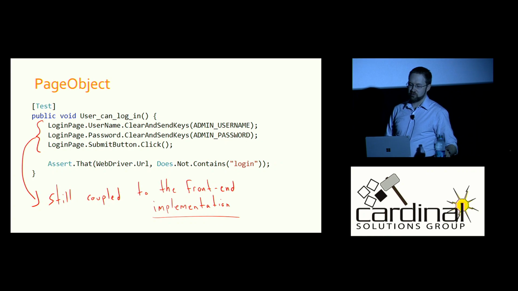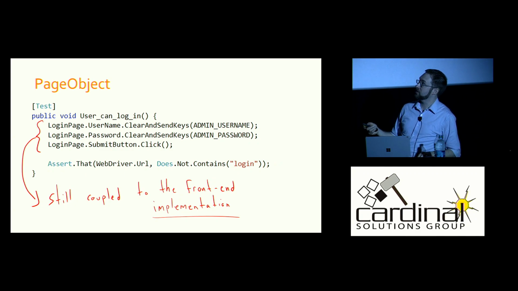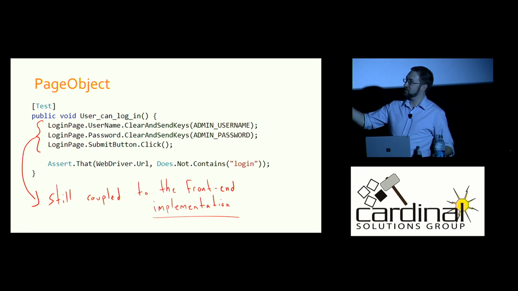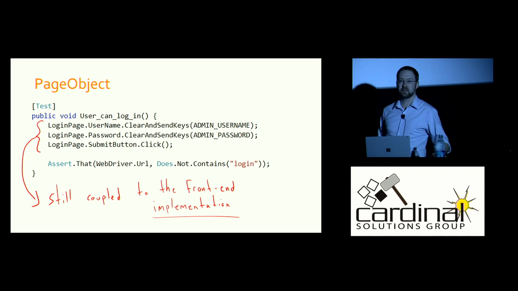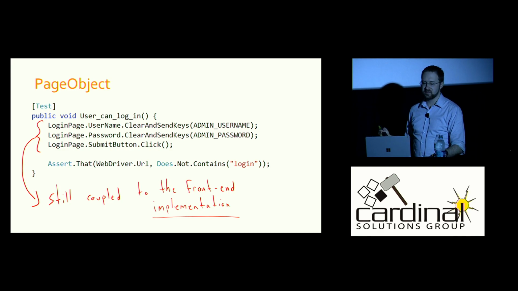Now, when we first started writing PageObjects, our test code looked like this. Each test would interact with the PageObject properties. It would say, I want to put this value in the username, this value in the password, then click submit. And the test would do all of its assertions, whatever it needs to do. Seems pretty simple, and it's definitely decoupled from the HTML structure, but this is still coupled to the HTML